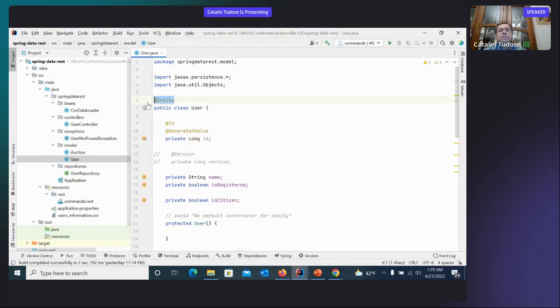an entity user, so it has some correspondent in the database, that is having an ID. That's why we are using this annotation, ID. The ID is a generated value, so we don't have to care about it. It will be the database system that will provide it to us. And the user is specified by name, the fact that he or she is registered or not to a system, or he or she is a citizen of the United States. And